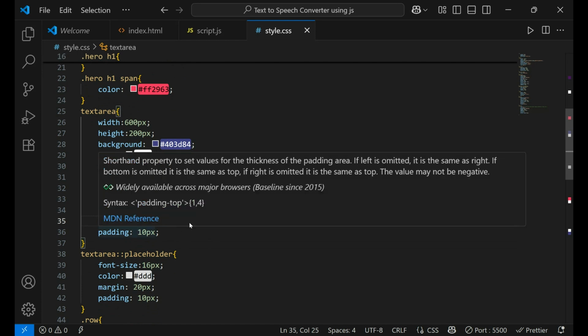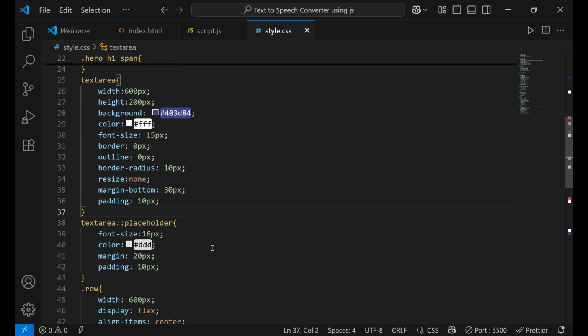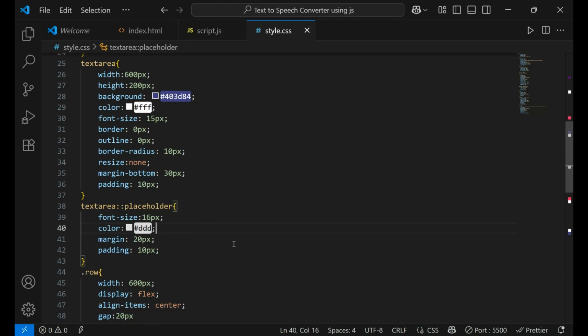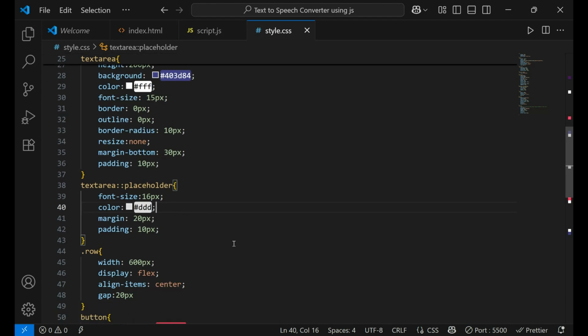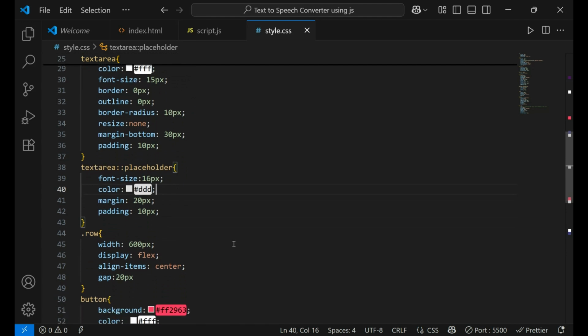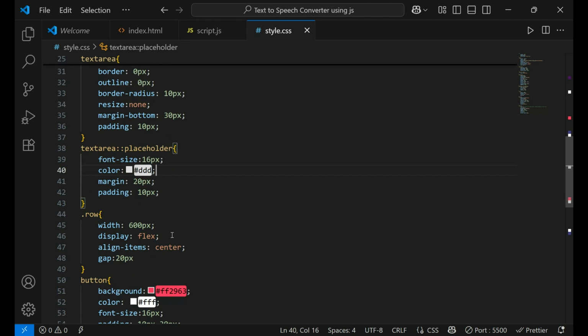These are the padding and the margin, etc. For the placeholder, I wrote font size, color, margin, padding. Based upon our thoughts we can adjust the padding, margins, etc.